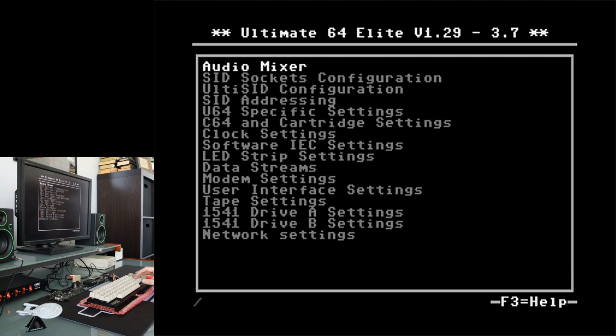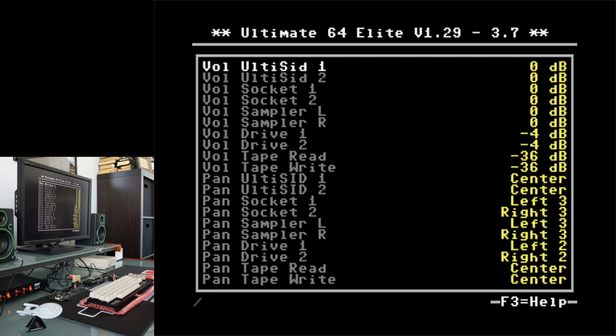Now let's look at the audio mixer. It's a very important screen for your sound from the Ultimate 64. So you can control the volumes of the SIDs and things like that, but the most important setting for now is the pan. So our two default 8580 emulated SIDs are both right at the center of the soundstage. And there's no reason to change that really, because by default they are playing exactly the same configuration. So there's no difference in the sound. If you were to move them around on the soundstage, you wouldn't really change what you hear. This basically is the monaural sound. All right, so let's go back